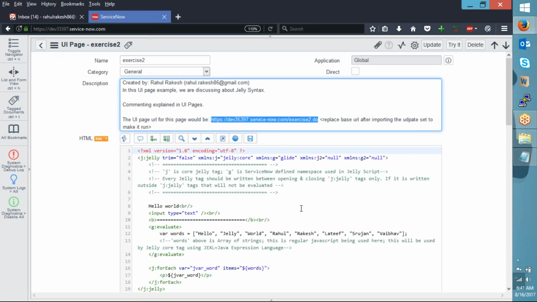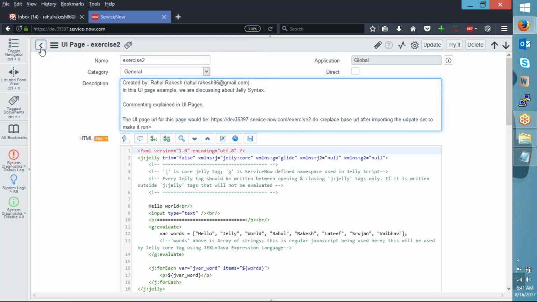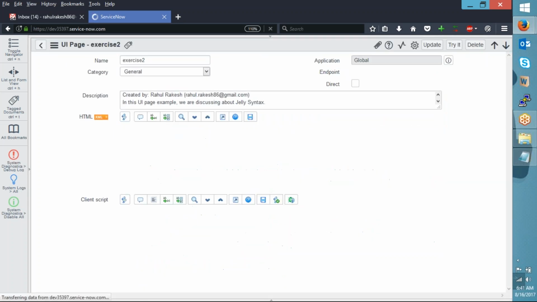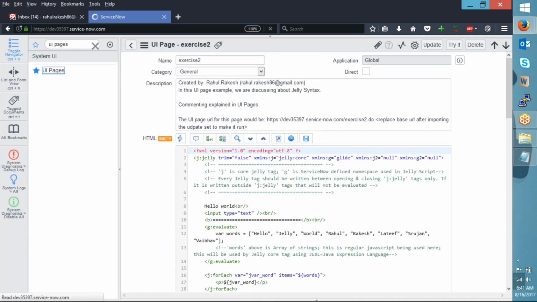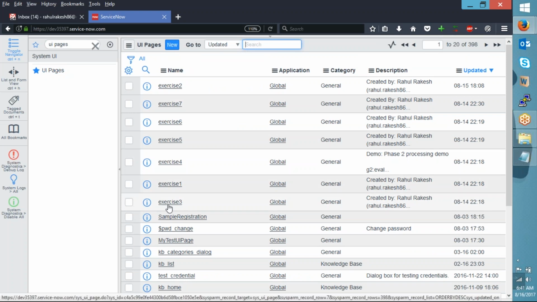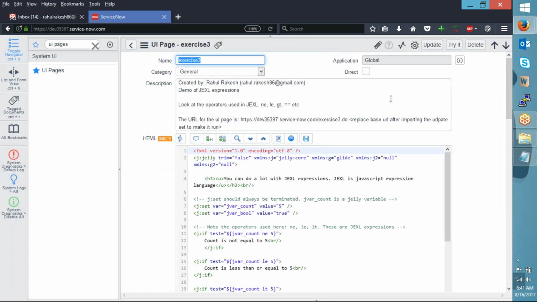This is another example I just showed you, right? Now, if you are doing this, let me go to another example. The third one, what we are doing here,